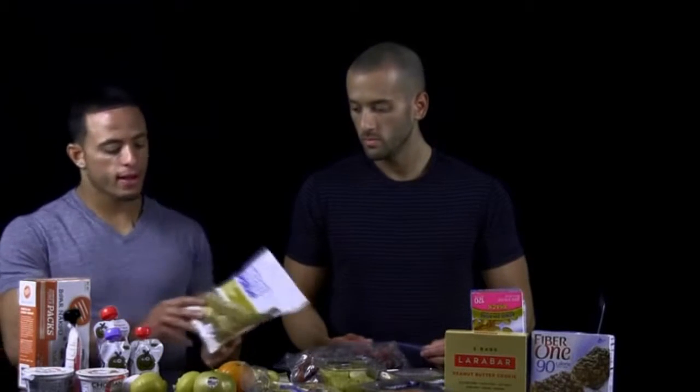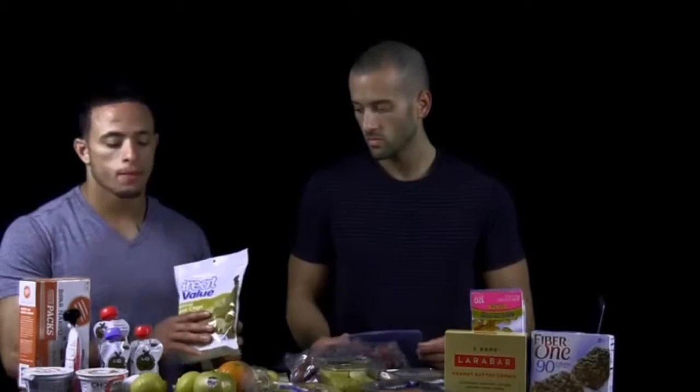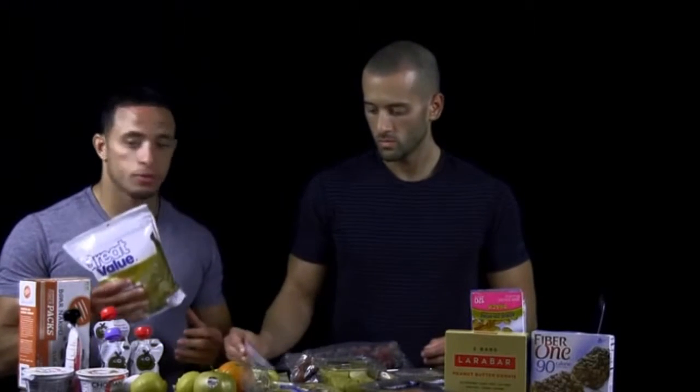We'll go into the next thing, which is right here, I have some dried fruit. It's organically dried bananas, and the same rule applies to this. This is a huge bag, and before you know it, you might go through the whole thing. So again, we're doing our plastic bag rule with these bananas. But at the same time, if you don't like doing the plastic bag, in this day and age everything's coming pre-packaged, so you can buy dried